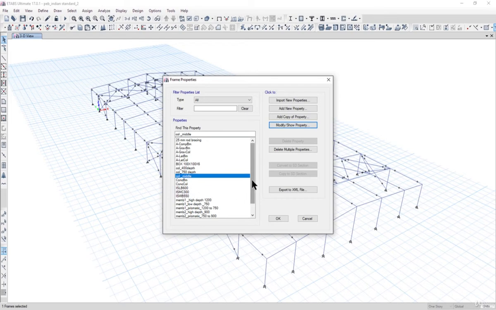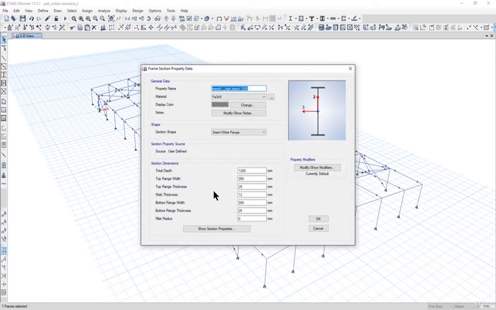So after that, we need to optimize these sections also. That is, the 1200 depth here can be changed to a total depth of 800 mm. That is, high depth can be changed to 800 mm, and the top flange width is 350, and top flange thickness is 16 mm, web thickness as 8 mm, and bottom flange thickness again as 16 mm.